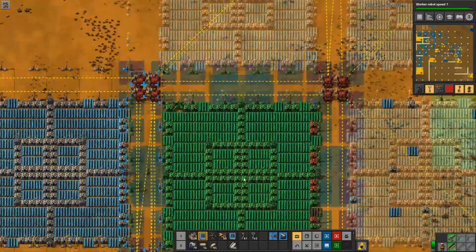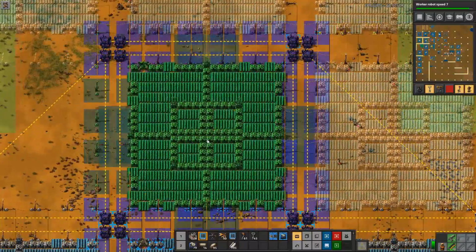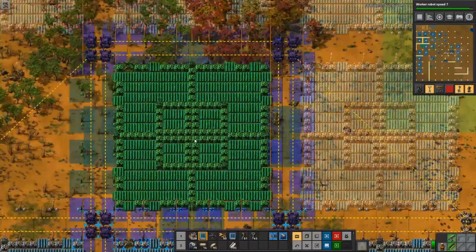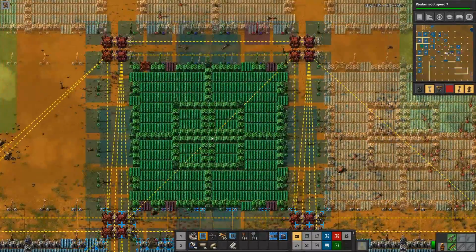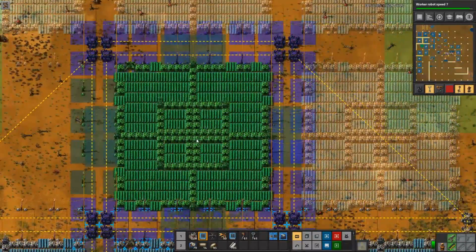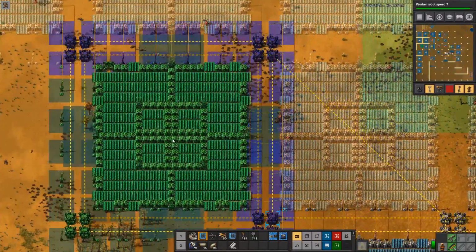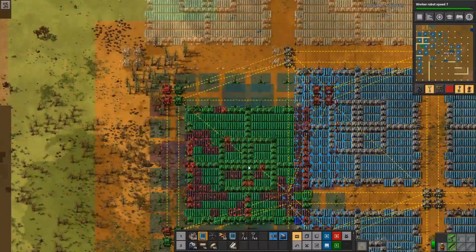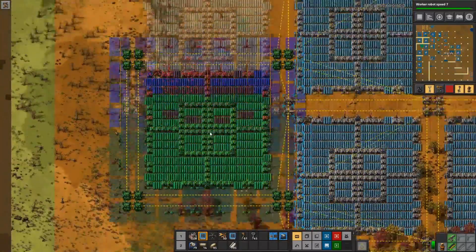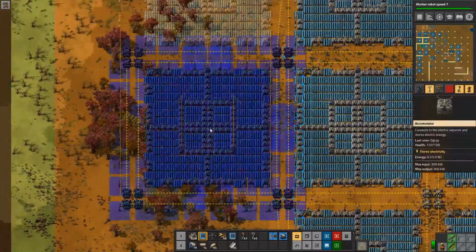And let's just get the rest of this stamped down so we have our entire solar grid filled to the brim with power. And of course, the base will need to work quite a bit to produce all these solar panels. But that is pretty much the entire plan. Let's continue down this way as well. Because what I want to do is